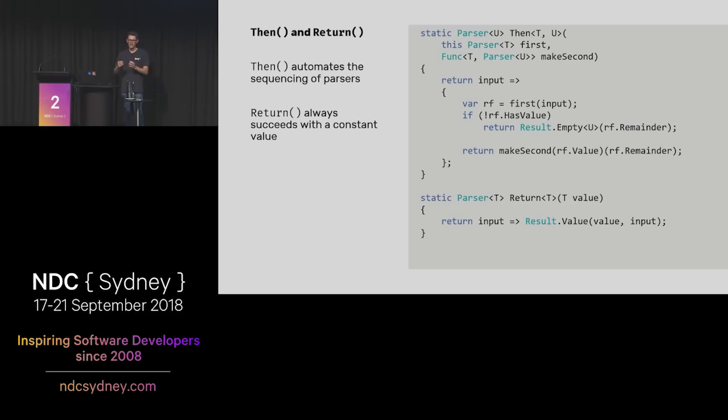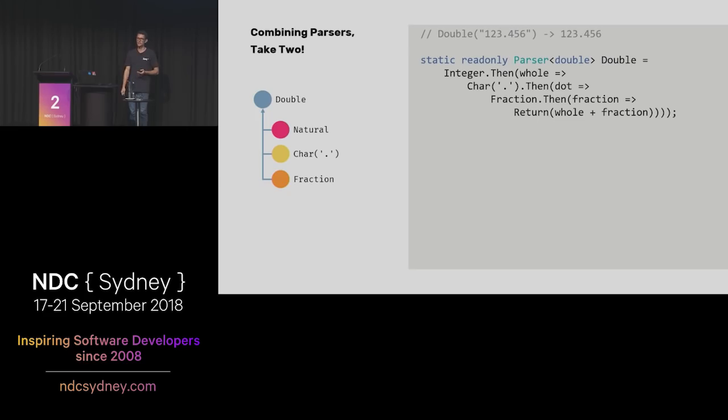And inside the body of that little lambda, you can see the same pattern that repeated 3 times in parsing decimal. The return function is a helper that we'll see used in the next little slide, and it's just a simple parser that always returns a value regardless of the input and doesn't consume anything. But with these 2 ingredients, we can take a much better swing at building a maintainable parser out of those component parsers that we've already constructed.